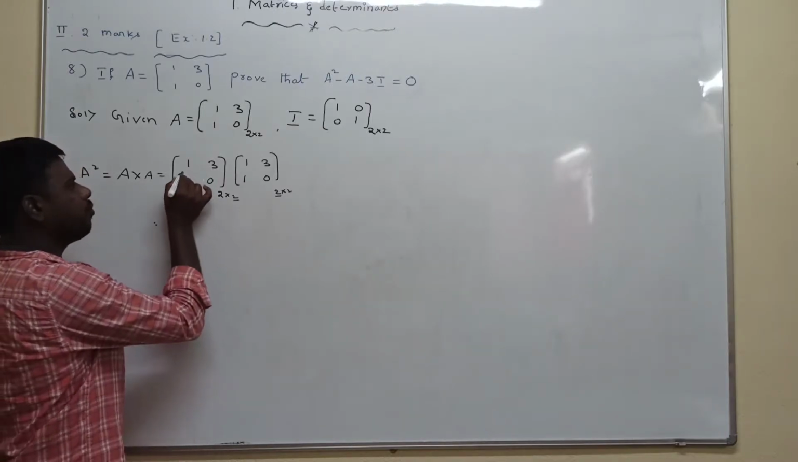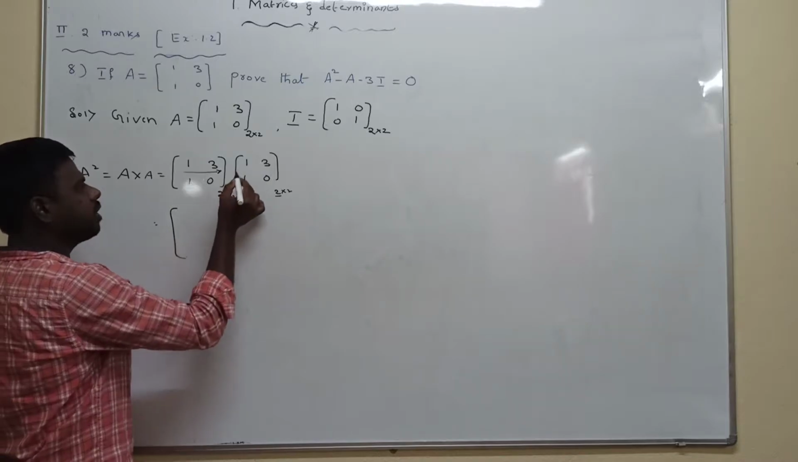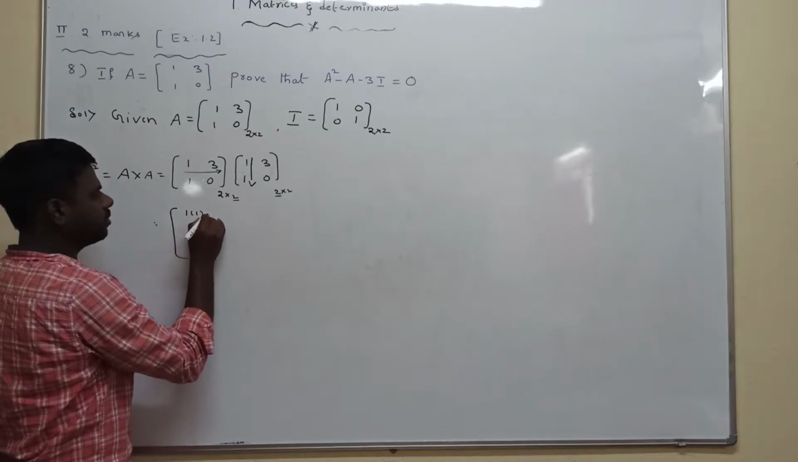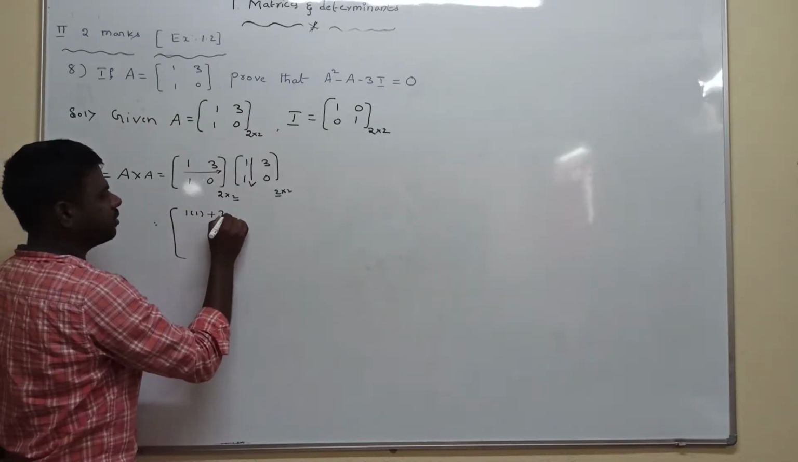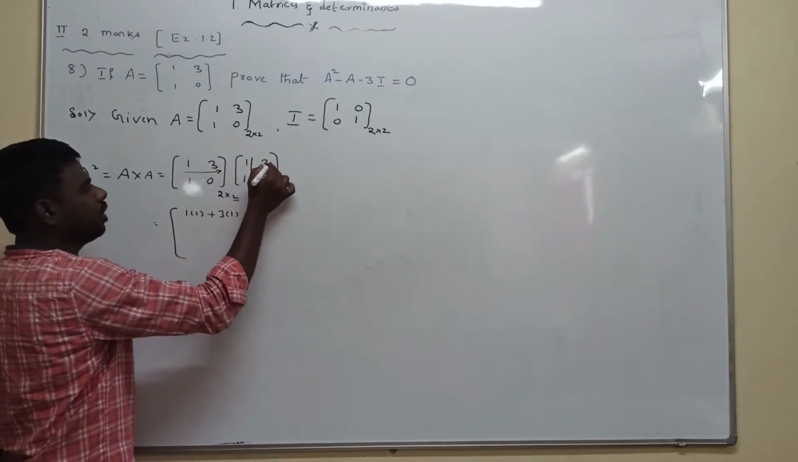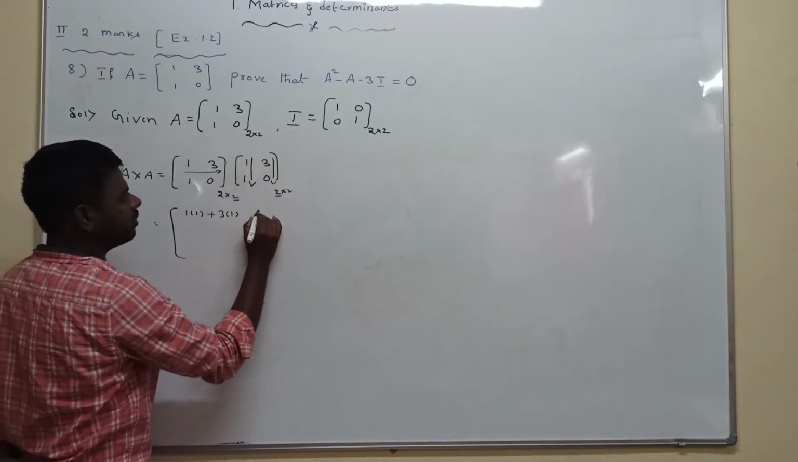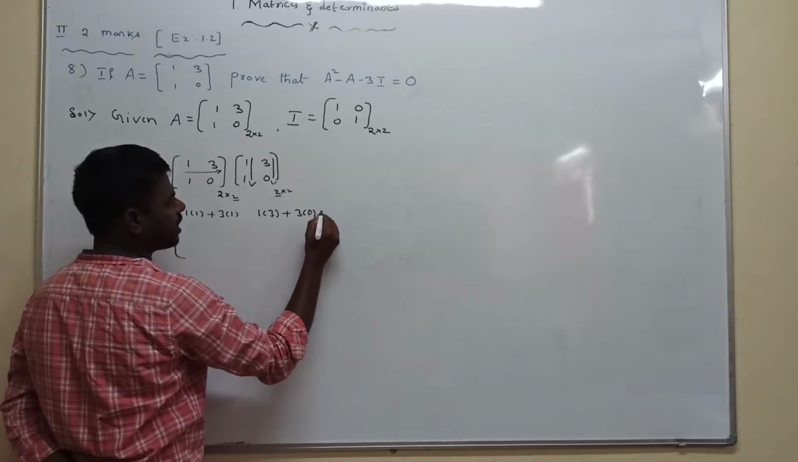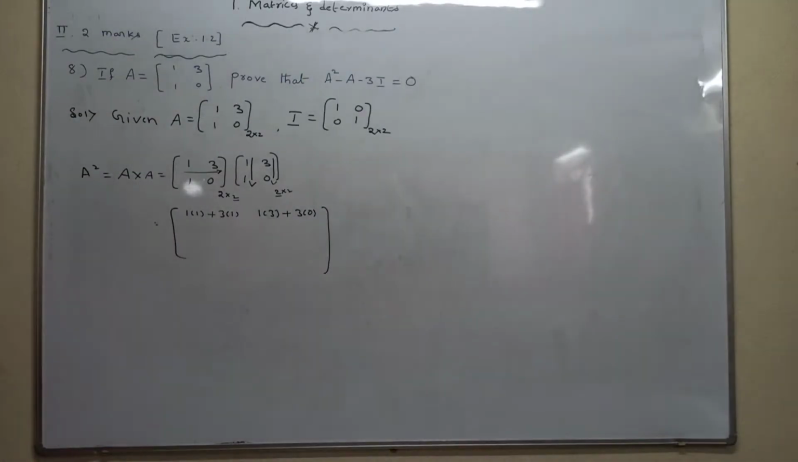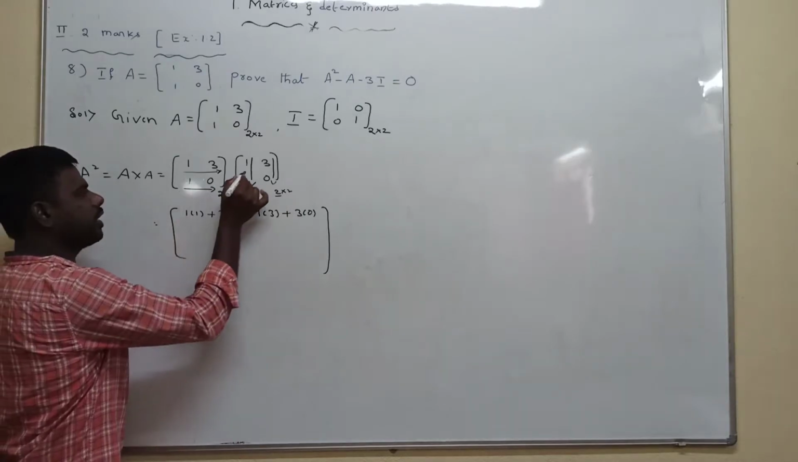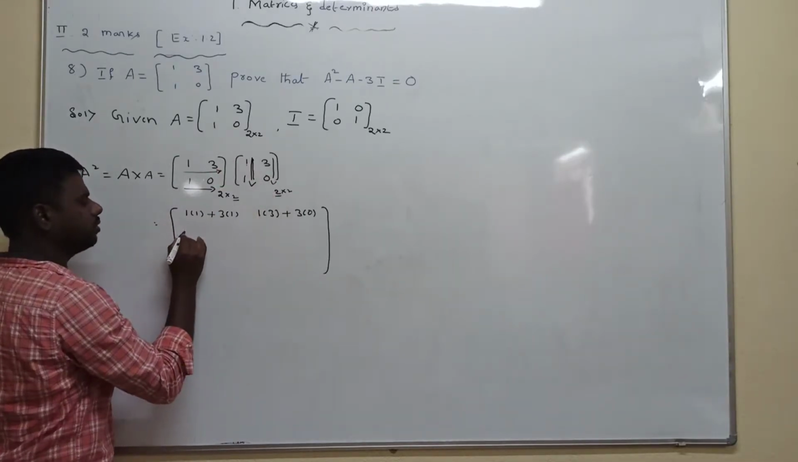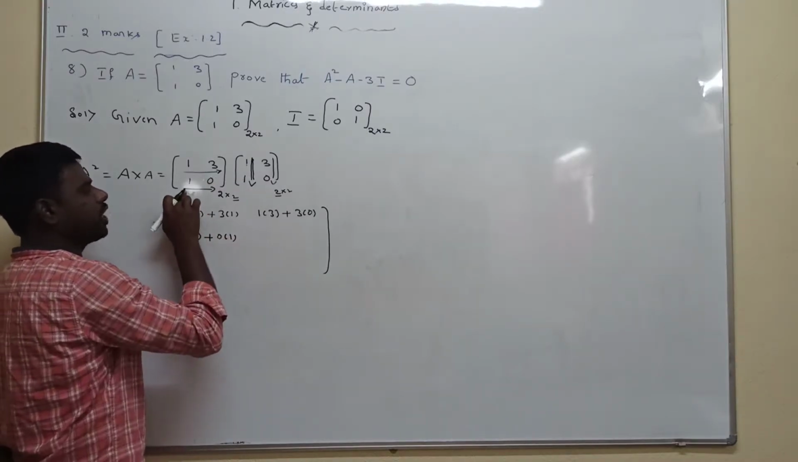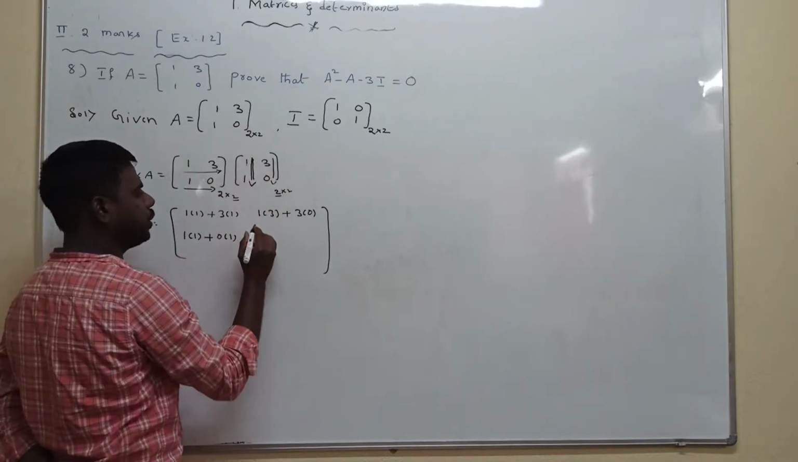Now multiply the first row of the first matrix with the first column of the second matrix: 1 into 1 plus 3 into 1. Next, the first row with the second column: 1 into 3 plus 3 into 0. Next we go to the second row. The second row with the first column: 1 into 1 plus 0 into 1. Then the second row with the second column: 1 into 3